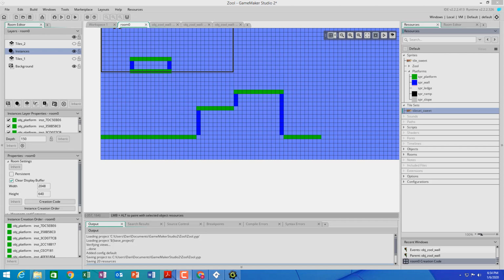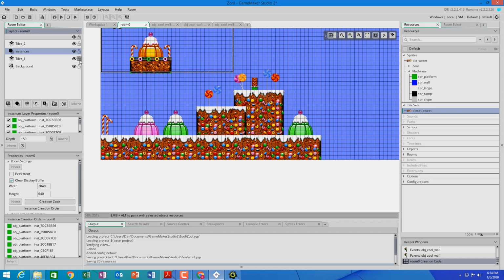Today's video is about making ramps and controlling how Zool interacts with those ramps. So first we have to make the ramp sprites, and so I'm going to get started on the first couple of them, and then I'll pause the video and finish the rest of them, but you'll have to do that offline. Here, this is the way our room looks right now, and what we want to do is